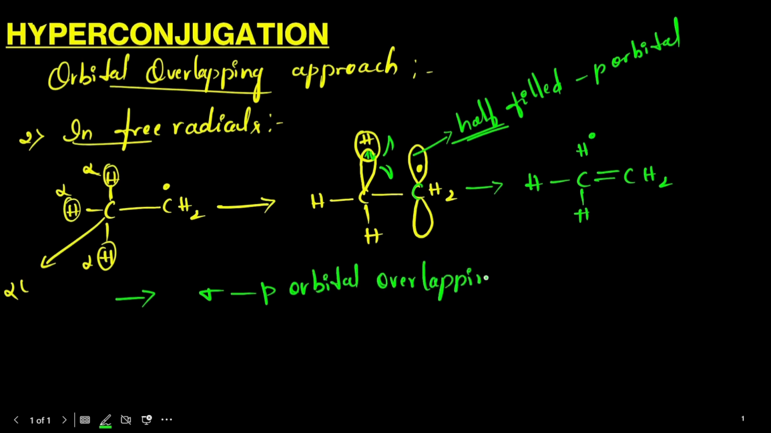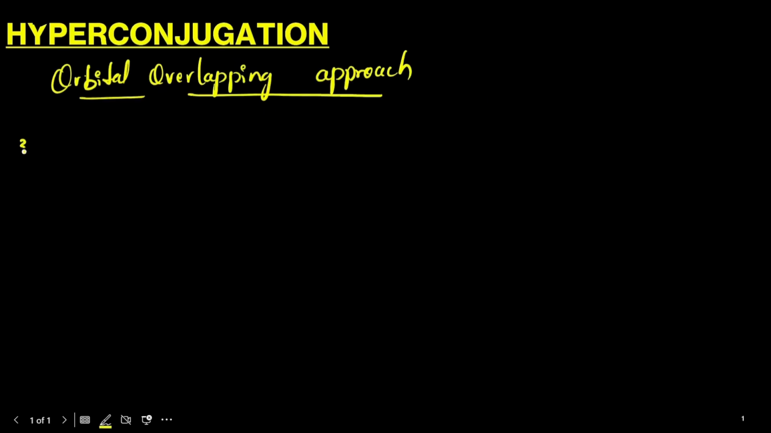The overlap is because of sigma and p orbital overlapping. Here this sigma electron is of the carbon and hydrogen bond. Here carbon is sp3 hybridized and hydrogen is of s orbital. Here this p orbital is a half-filled p orbital. In free radicals, the overlapping is between sigma and the half-filled p orbital. Third one, in alkenes,